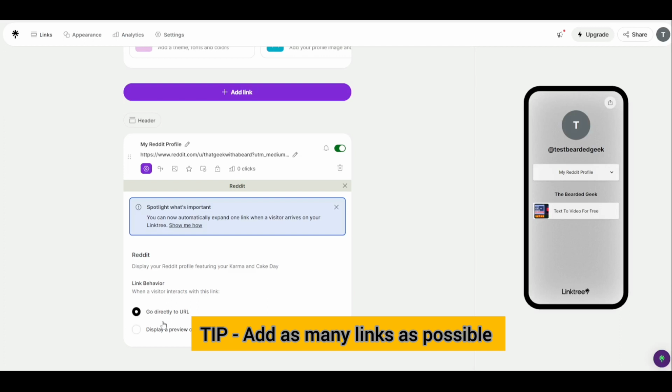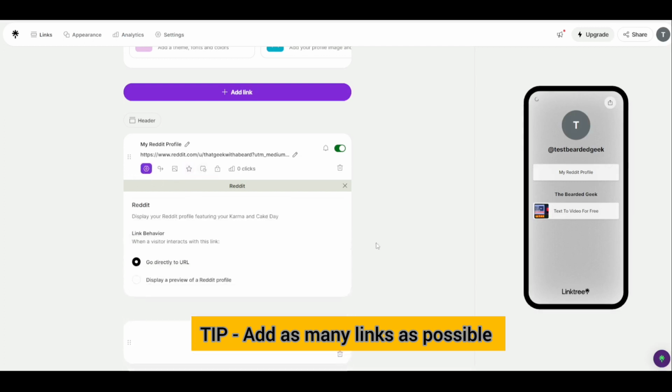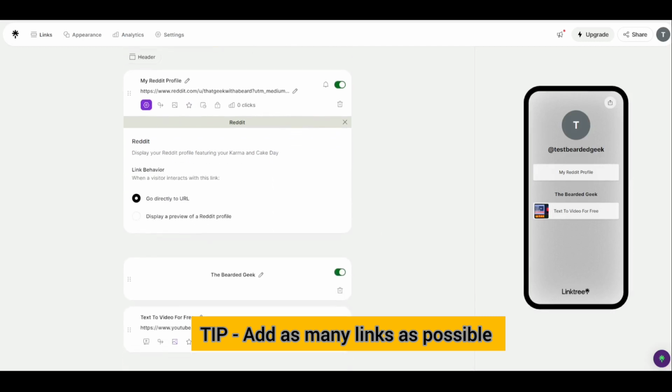I would again consider them going directly to the URL, as it's going to be a good symbol for the Reddit algorithm. You can make the changes as per you want. This is basically how you can add and automatically expand one link, which is going to be an upgrade now button. So you'll have to go ahead and get the paid plan for that. But before that, let me just